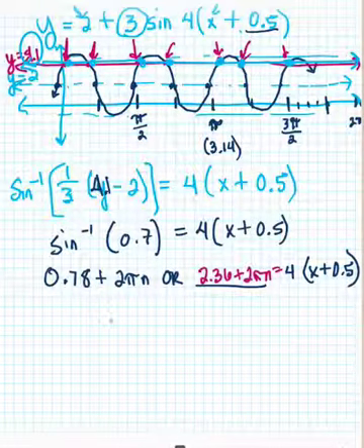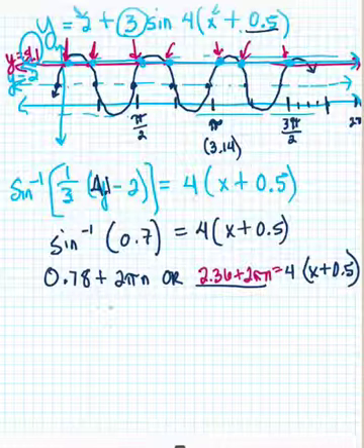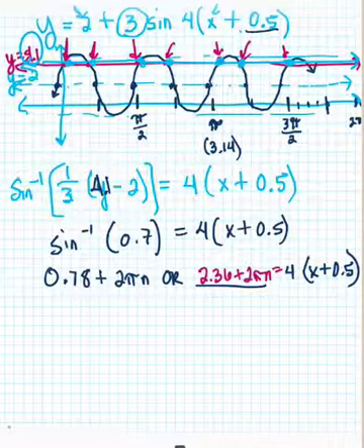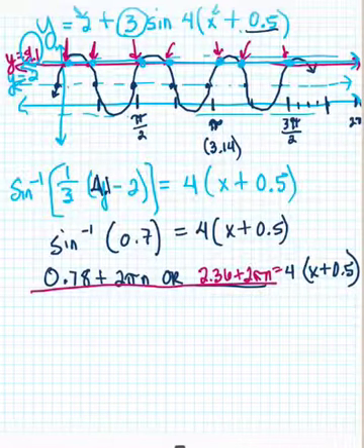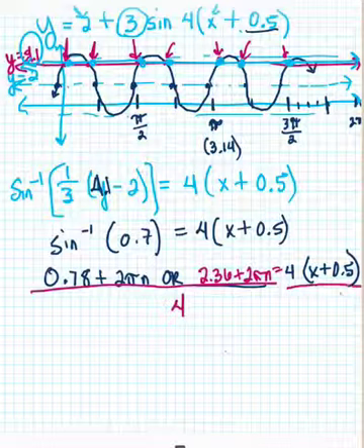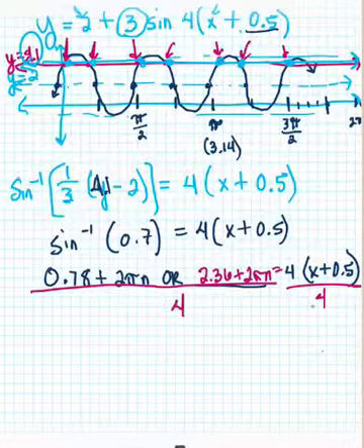All right, so we're going to take, let's see, what's the best way to do this? Divide everything by 4? Well, why not? Let's just divide everything by 4 right now. Okay, both sides. So I'll divide all of this by 4 and all of this by 4. And so I'm going to get